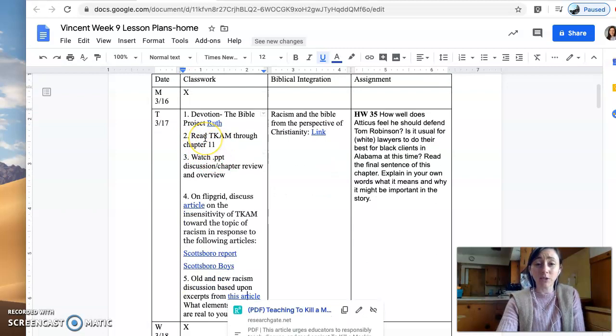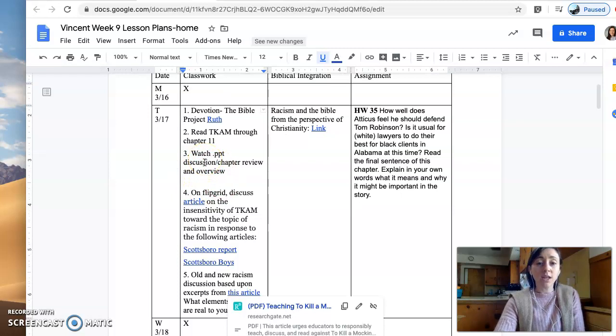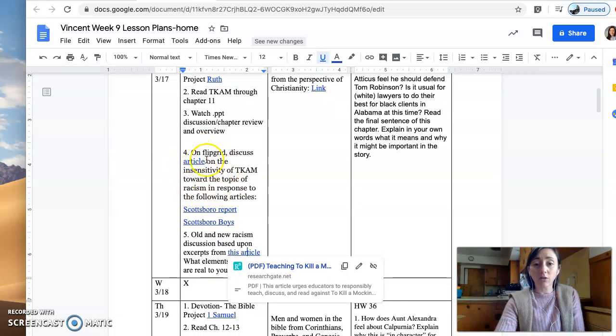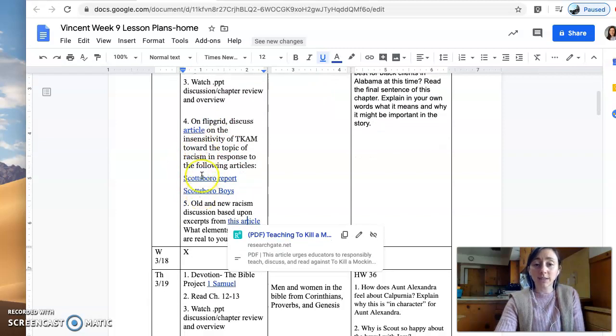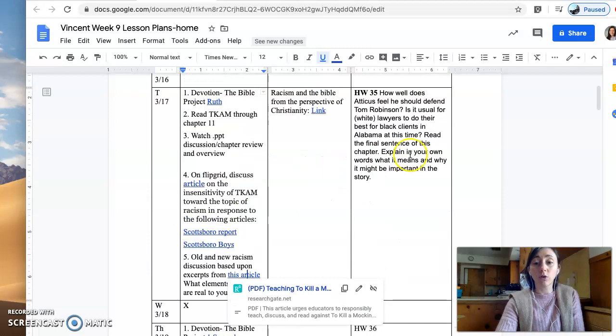In addition to that, it gives you instructions for this particular day, whether you're going to be chunking it together as we do in block periods or separating it out Monday through Friday. It's kind of up to you. But you'll be reading a chapter, watching video instruction or lesson that I'm going to give you. Then you'll be discussing it on Flipgrid and looking at some of the articles that I've talked about, and then doing your homework response. So I'd like you to please keep up to date with these and kind of